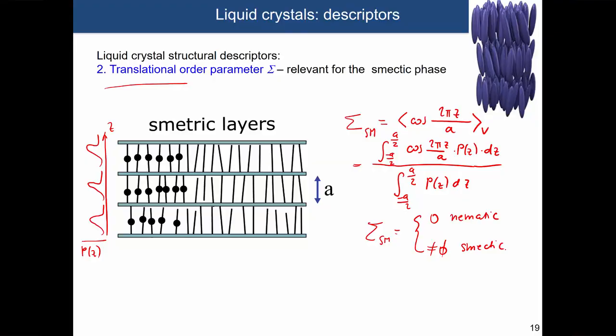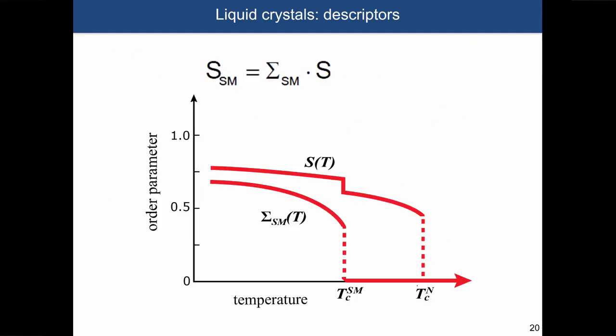So when you look more carefully, there are different types of descriptors. The smectic orientational order parameter, the smectic translational order, and at the end, the smectic phase order parameter can be described as the product of them. And if you simply plot this, it would look somehow like this. Based on the magnitude and how this particular shape looks, you can tell whether there is ordering or not. For example, for the translational order parameter sigma, this number starts from a certain value, then it decreases because you're losing the translational order, and then it drops at this particular temperature, where the